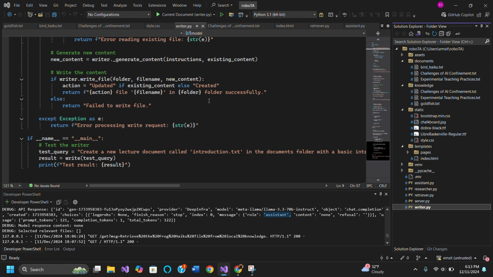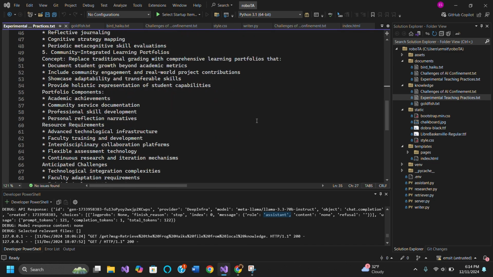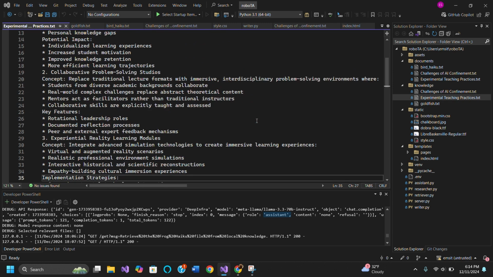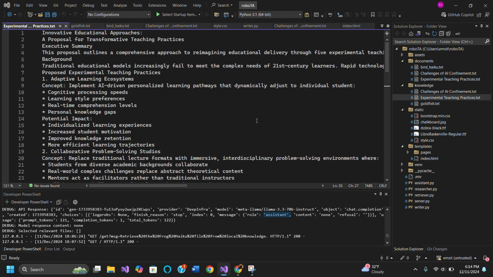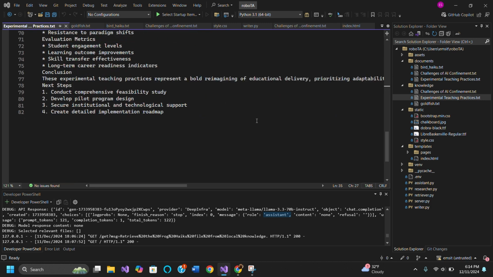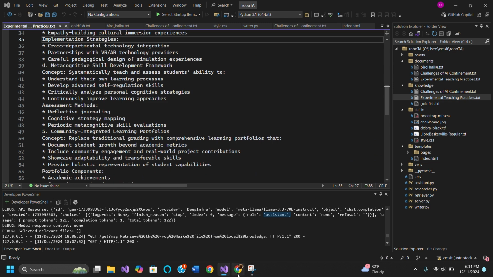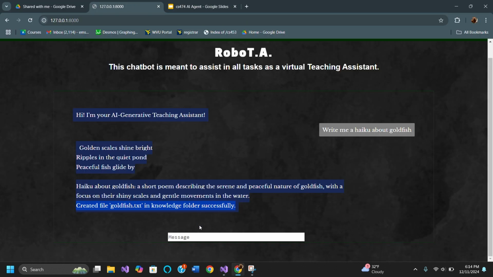Right. So local knowledge, as you saw, we have files inside of the operation of this thing that keep a lot of text. This is one that I inserted about experimental teaching practices because I wanted to be able to pull some of these whenever I wanted. If I say that I asked the TA for a new strategy to keep people engaged in my talk about AI destroying the world, what can I do to assist here? I would just type retrieve